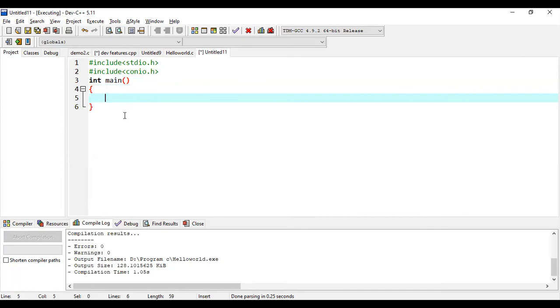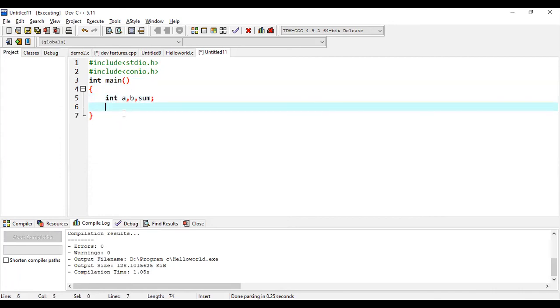Here, first I'm going to declare the variables: integer a, comma, b, comma, c or sum. I'm going to add these two numbers and store the result in the variable sum. This is the syntax to declare the variable.